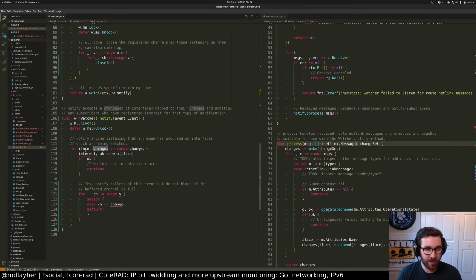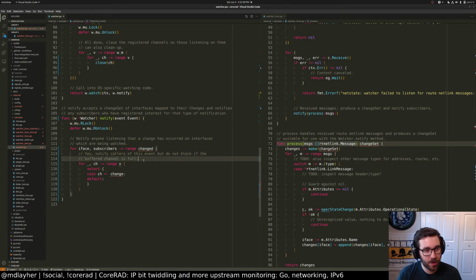For each interface, well, we need to attach the interface. I guess we might need to, actually. So, for the interface and for the subscribers... Notify colors. Yep.